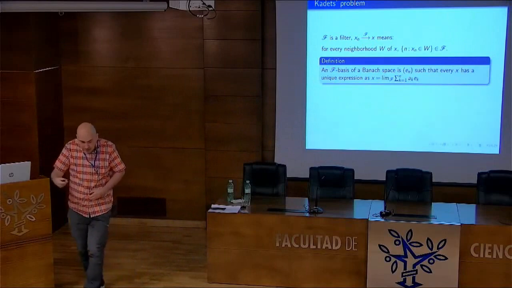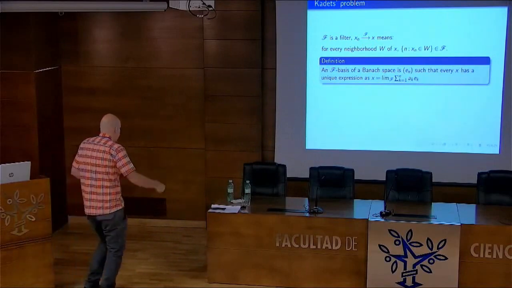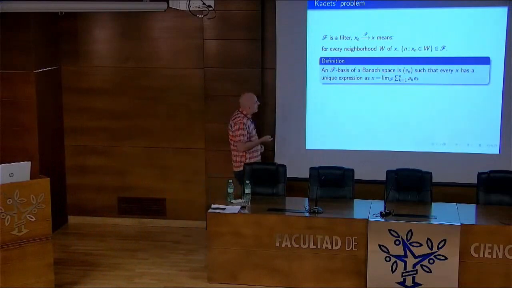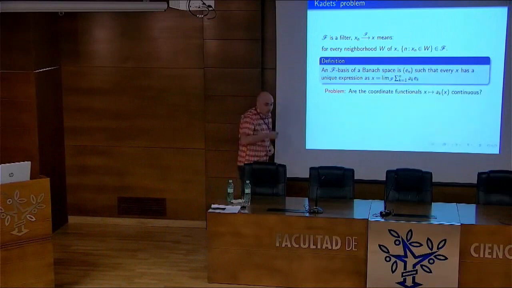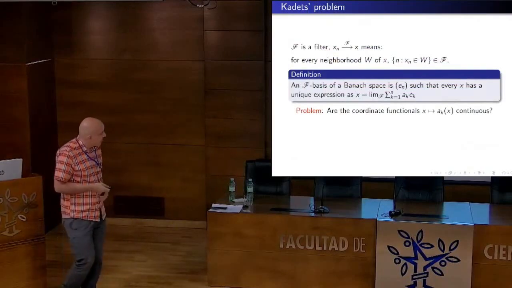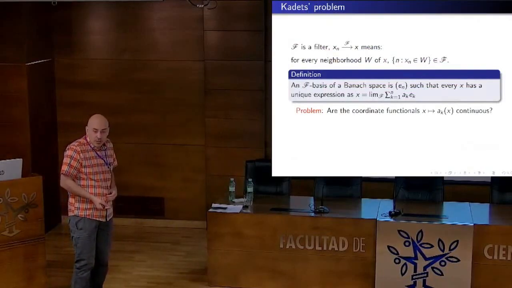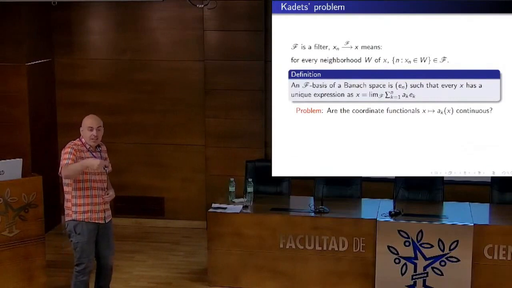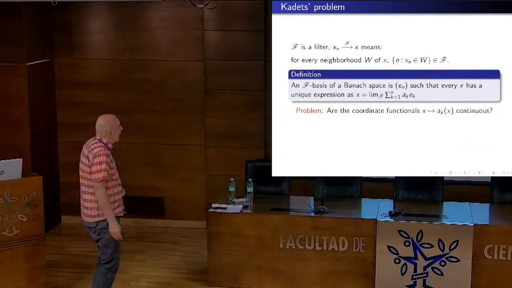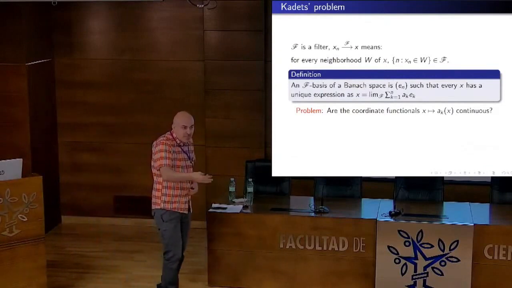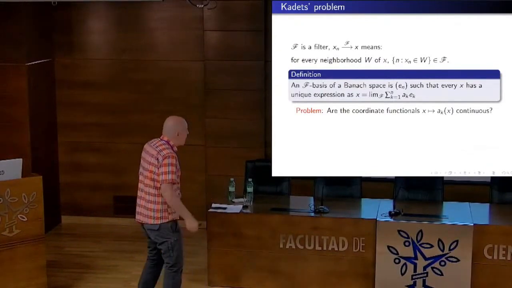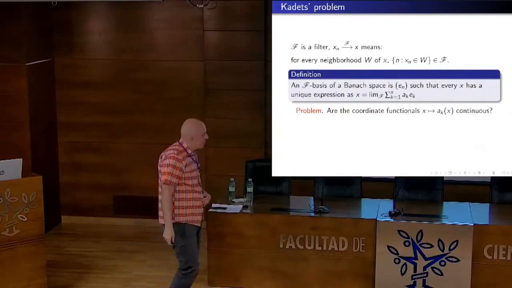Okay, so he tried to develop this theory. He had some papers with several co-authors on this topic, but he left some open question that was puzzling for him and for his team. When you use a Schauder basis, you start from this definition. You can later prove, using the uniform boundedness principle, that the functionals are continuous. But if I only have filter convergence in this definition, can I prove that the coordinates are continuous functionals? From this, you derive a number of things.